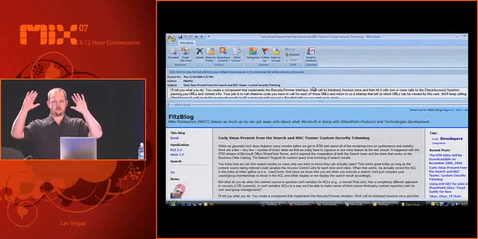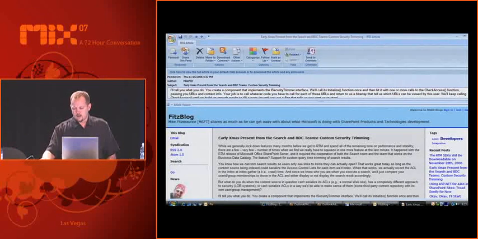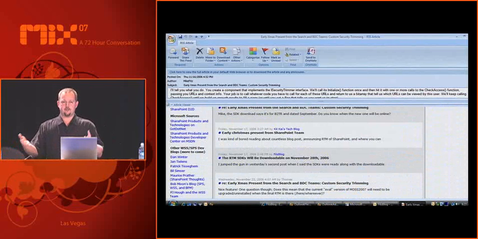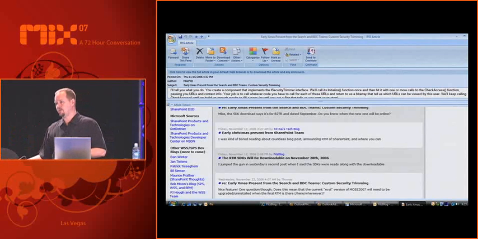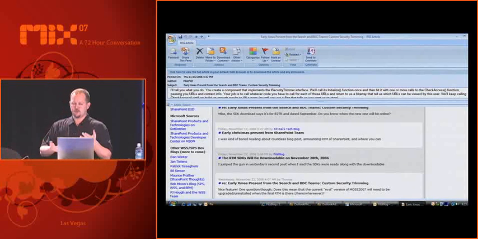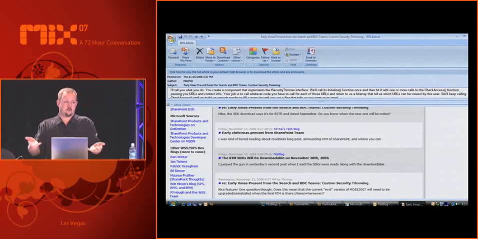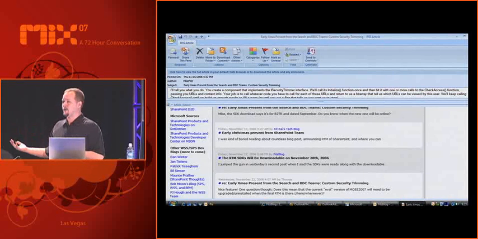So now I can see his core article, but at the same time, I can go directly into his blog, and I have not left email. I'm still in the context of doing the work that I've been doing. I don't have to go out to another application. That's what doing these types of apps inside of Office is really providing. This has nothing to do with enterprise anything. This has to do with consuming RSS feeds and building a custom Outlook form region that allows you to do that.